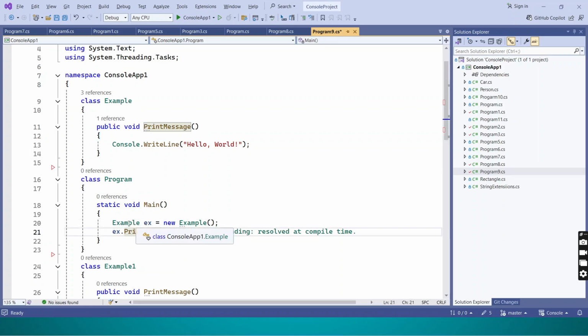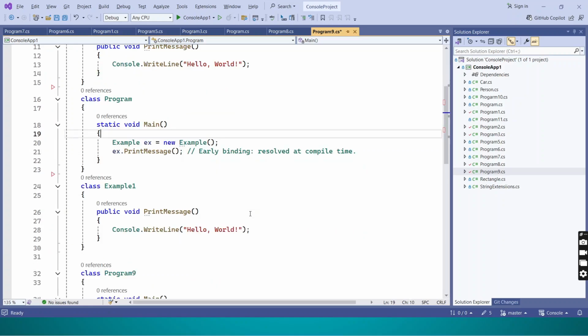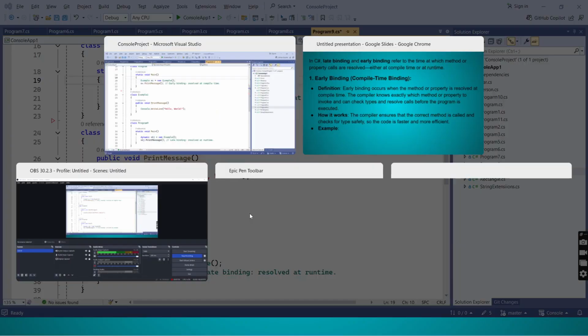Now I have given a reference type, which is the Example class, and see, it shows that it's a compile time binding. This is called early binding, resolved at compile time. Now I have another method called,